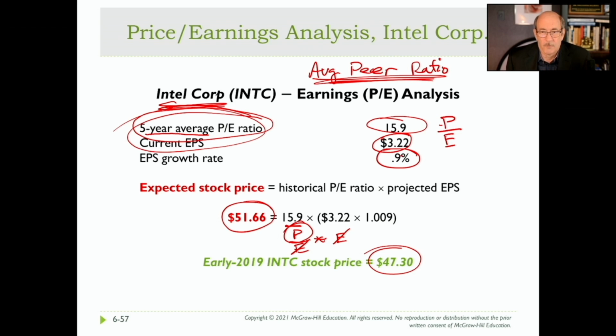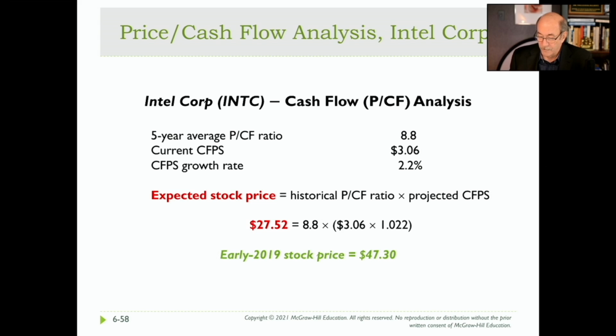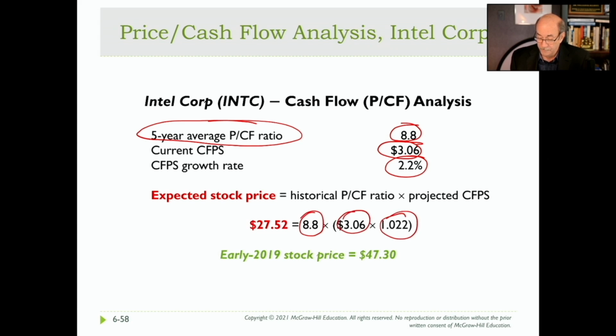My guess would be that we would have a neutral recommendation if this were our sole factor that we're analyzing. Then if we go on and look at price to cash flow, again, using the same historical measure instead of a peer analysis at the current time, they come up with a price to cash flow ratio of 8.8, and the current cash flow per share is 306, and those cash flows are expected to grow at 2.2%. Plug all of that in down here, and we end up with an estimated value of $27.52, considerably lower than